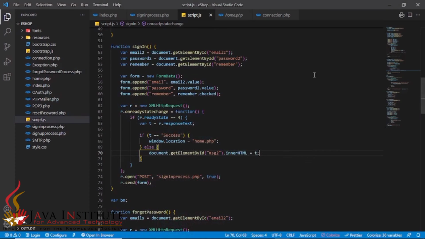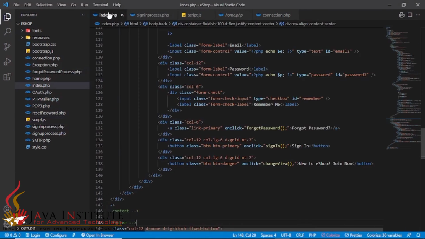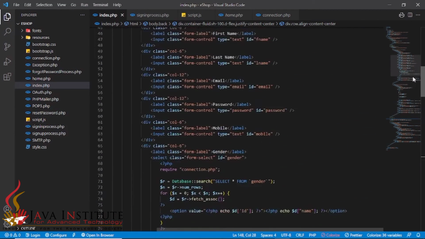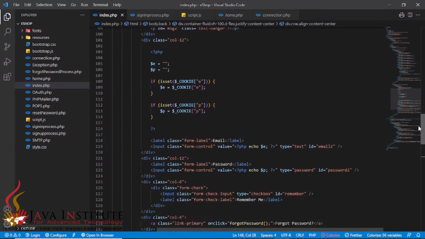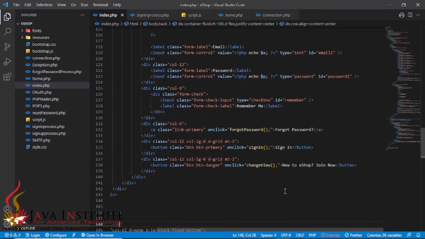So this is the way I have created the validations for the sign-in process, and this is the way I have searched the details from the eShop database and from the user table, and this is the way I have developed the code in order to register and sign in a registered user to this e-commerce application.